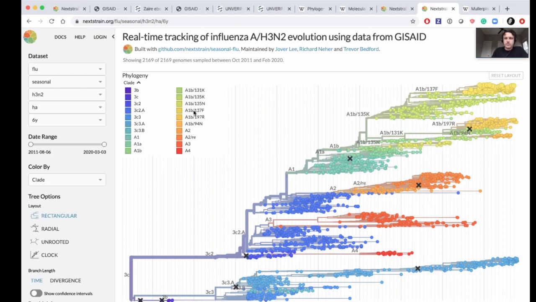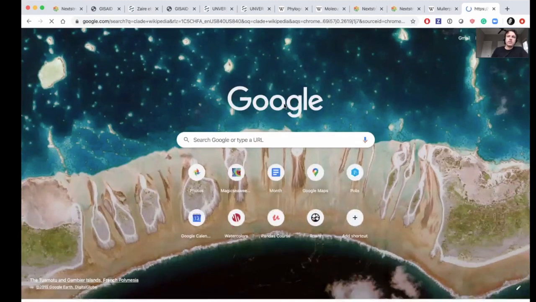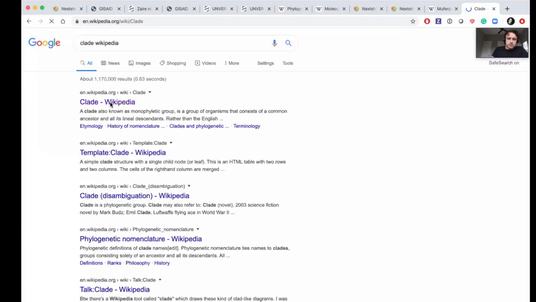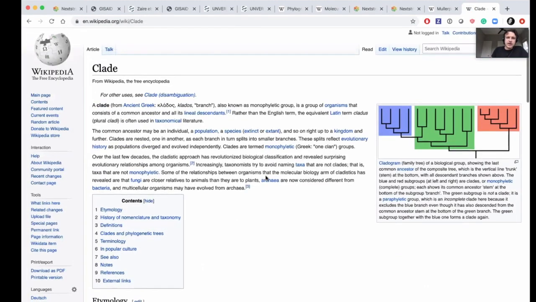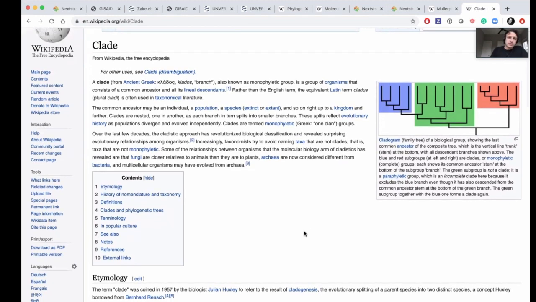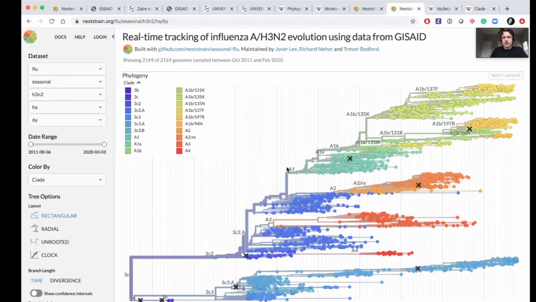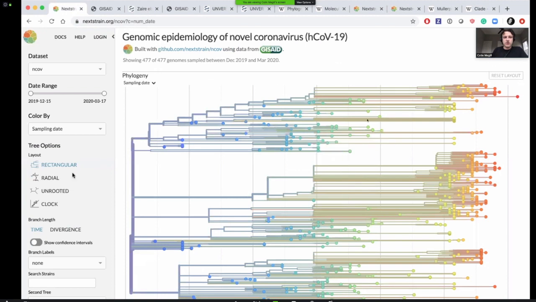Sorry, can you define clade? Yes, a clade is part of a tree. Let's go to the Wikipedia page for that too. A clade is a group of organisms that consists of a common ancestor and all its lineal descendants. It's related to taxonomy, and again to the phylogenetic tree. You have a phylogenetic tree, and a part of that tree is a clade. If we go back to coronavirus here,